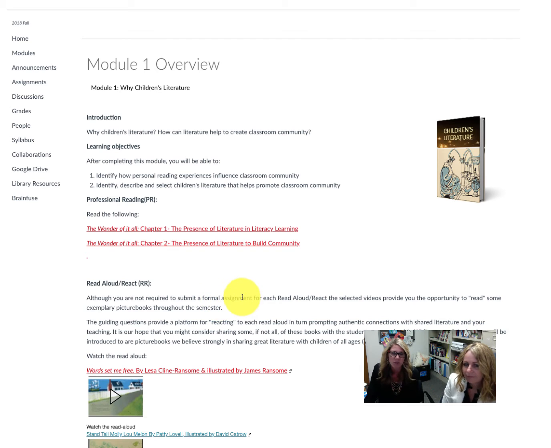You'll also notice something called the Read Aloud and React. The Read Aloud and React are just some online read-alouds of different great high-quality children's literature. The reason why we're including these is, well, because the course is all about children's literature, but because we want you to get used to picking really great books and sharing them with children in your class. And when we say children, we mean K through high school, and even adults. We both love to be read aloud too. As you scroll down,